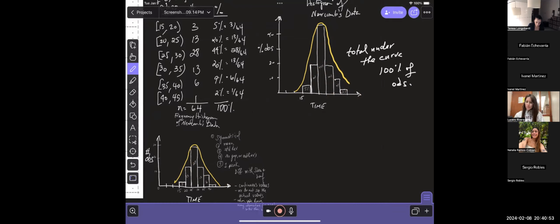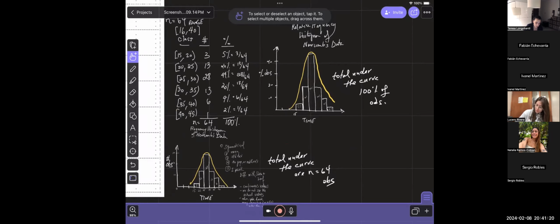But here under the curve are the 64 observations. This relative frequency is more conventionally used in statistics because of what I can say about